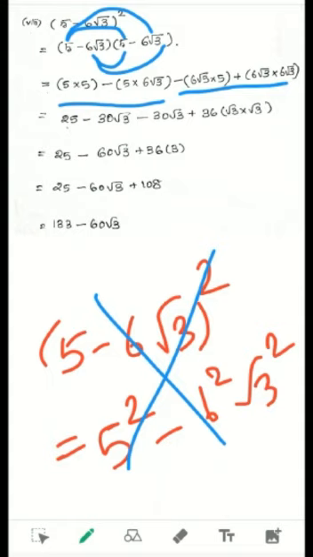So totally we will get 4 terms. When we are multiplying, we should get 4 terms for these two products. After you have completed this step, you can use simple multiplication. 5 into 5, it's 25, and these two numbers we want to multiply. This 5 and 6 you have to multiply. So 5 and 6, if you are multiplying, you will get the answer as 30 root 3. Similarly here you have to multiply this 6 and 5. So 6 into 5 also it is 30. So minus 30 root 3.